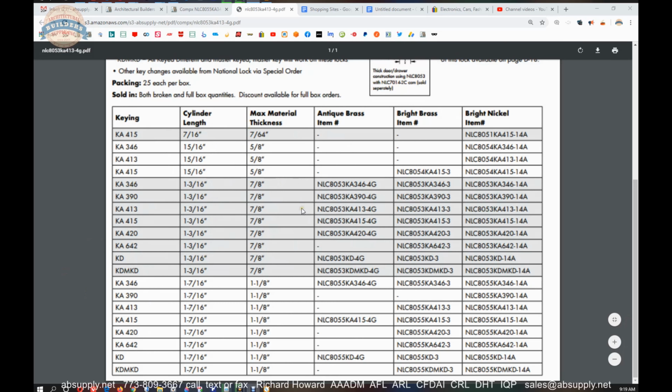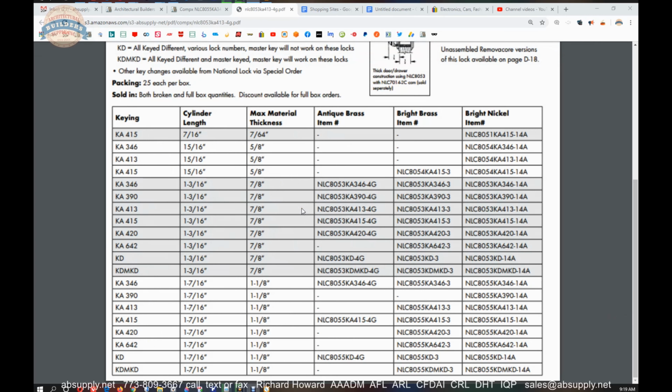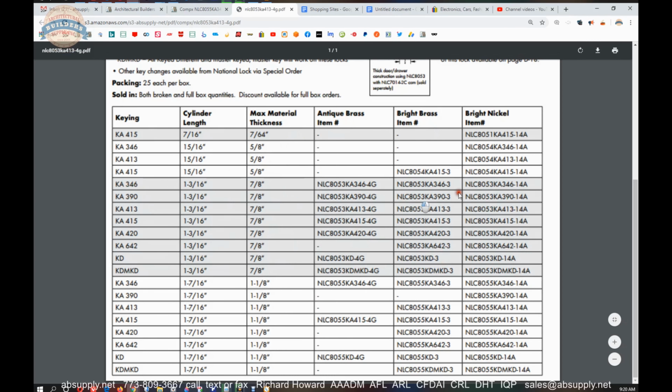So when I look for a cam lock for someone, the first question is always, how thick is the material that you're working with? And that's what really drives what we're dealing with here. 7/64, 5/8, 7/8, inch and an eighth. The cylinder length is then going to be derived from that maximum material requirement. Select your finish that you like. Okay? Select any key number that you like,